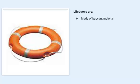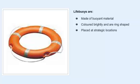Lifebuoys are made of buoyant material and are brightly colored and ring-shaped. They are placed at strategic locations around the ship to ensure easy access in an emergency. Lifebuoys are required to be stored in such a way so as to be capable of being easily cast loose and not permanently secured. They are to be located on each side of the ship and are to be fitted